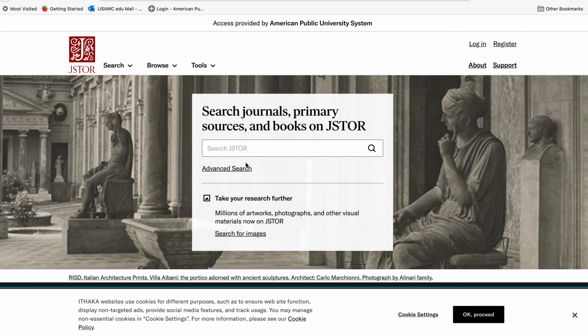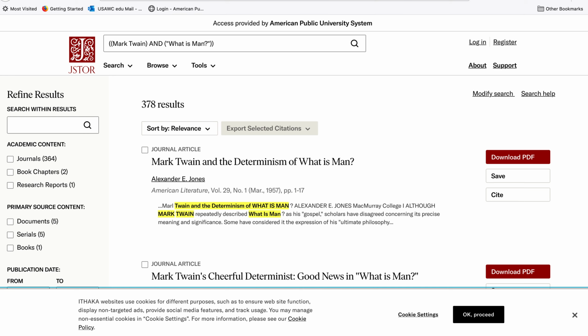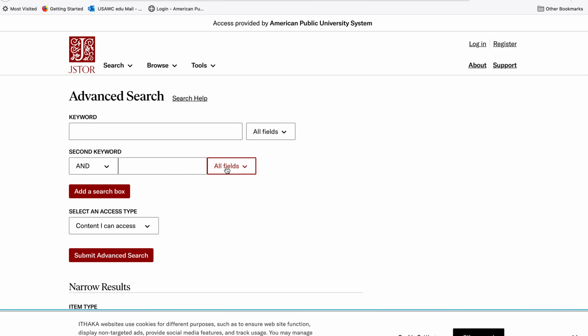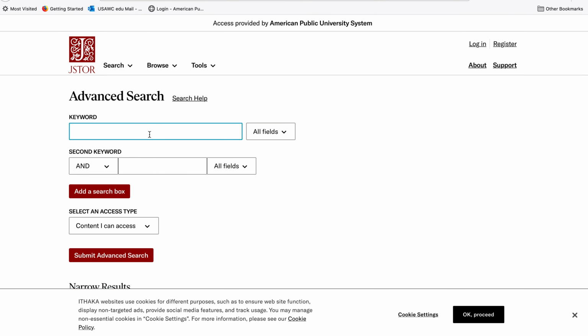This is what JSTOR looks like. Generally, though, you want to click on Advanced Search because remember, using What is Man and Mark Twain, there's actually two search options there. So let's say, I'll go back here and go to Advanced Search. So let's say Mark Twain and